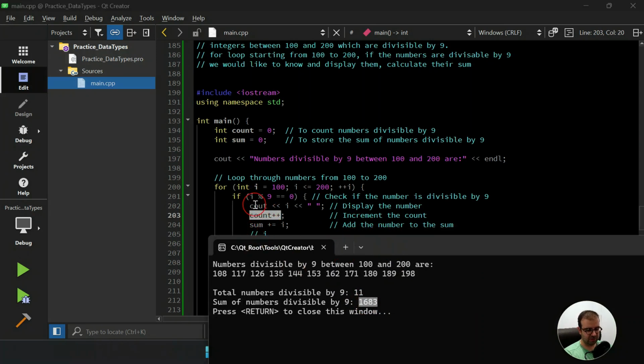In each iteration that we found an I that is divisible by 9, we print it out and we are going to add that number to the sum variable. Okay, so 108 is found, it is added to the sum that was initially 0. Then we found 117, 117 is added to the sum that was already 108 from the previous iteration. Then 126 is found, it is again added to the sum variable until the end, and we are having the sum